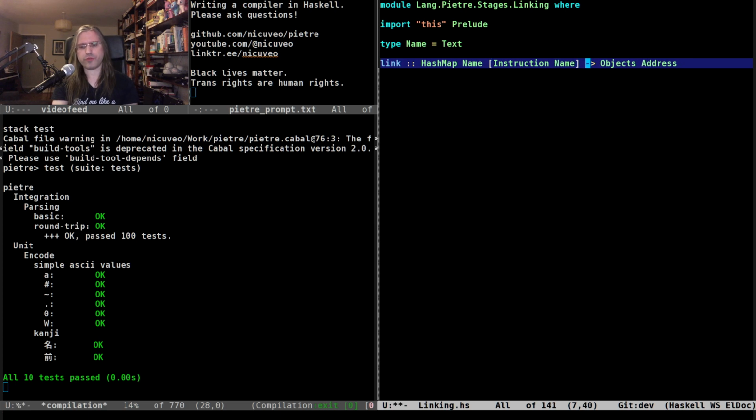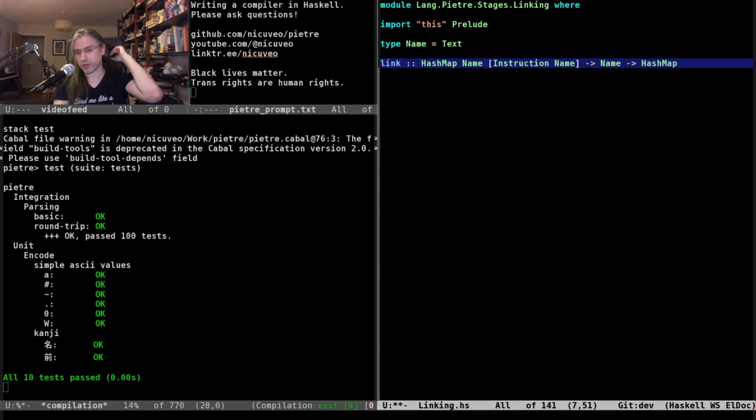And the output of the linking phase is not going to be a hash map by name. The names are gone at this point. I guess I need to know the name of the starting function, which is supposed to be main, but mangled or something like this. So it's going to be: here's the list of all the functions we have, and their bytecode, in which all addressing is done by name. Here's the name of main, basically the starting function, from which we start and at which we terminate at the end.